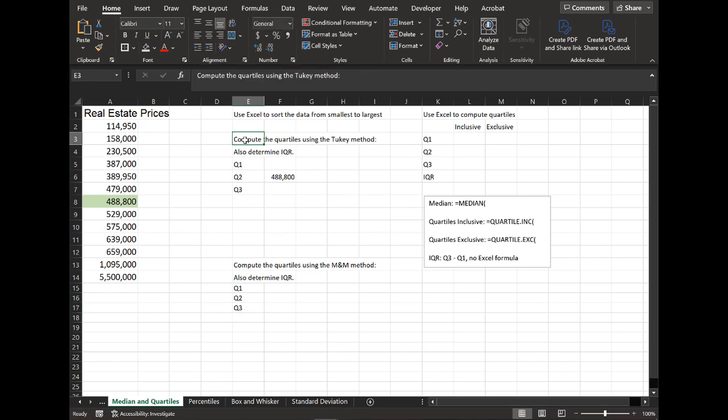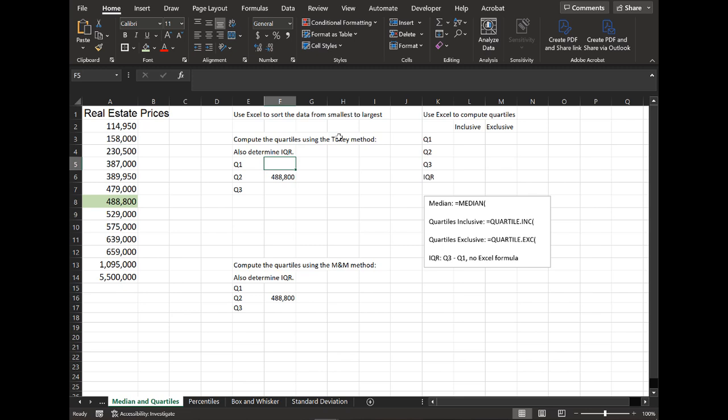So I'm doing this using what's known as the 2K method, which is what the OpenStax text uses, but I'm also going to use what's known as the M&M method, which is a slightly different way to calculate this. But it's the same to get the median. So that's the good news. So with the 2K method,